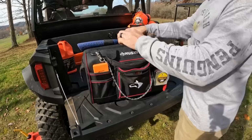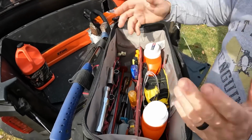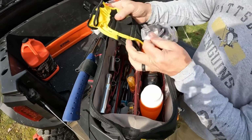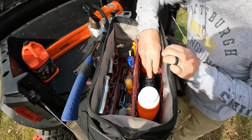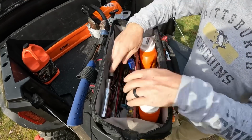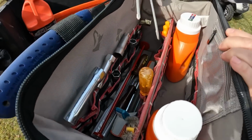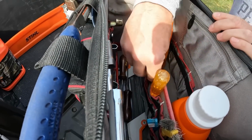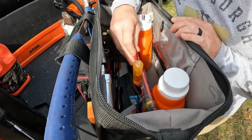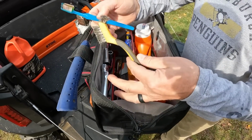I've got my chains. Now for the inside of the bag, it's got little pouches in it. So here's the neat thing: I can keep a pair of safety glasses and a pair of gloves in here, and they sit right on top of my ear protection. I've got all the scrunches in the pockets on the side. I've got a regular and a Phillips head screwdriver. I keep my magic marker, or my Sharpie, for marking the top of my chain when I need to file it. I keep a toothbrush and an old wire brush in here,